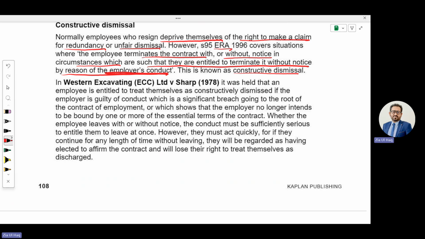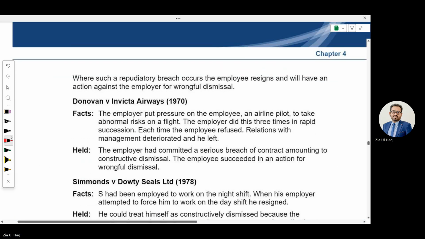it means he worked for 2 years, and after 2 years he is leaving, saying he was not allowed to work my contractual hours at night 2 years back. So that will not be considered constructive dismissal. He needs to leave immediately. Otherwise they will be regarded as having elected to affirm the contract and will lose their right to treat themselves as discharged. Where such a repudiatory breach, meaning a cancelling breach, occurs, the employee resigns and will have an action against the employer for wrongful dismissal. And there is a case,